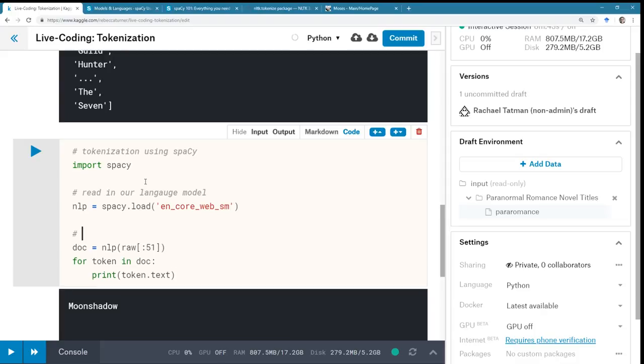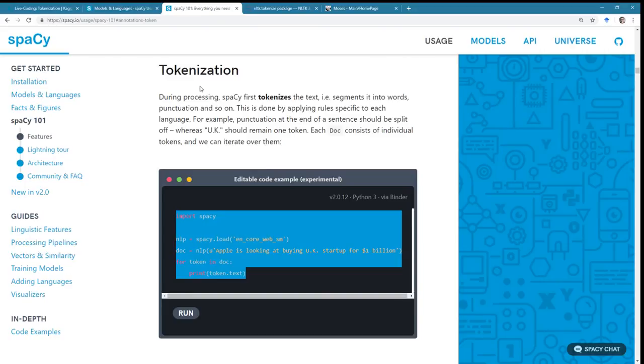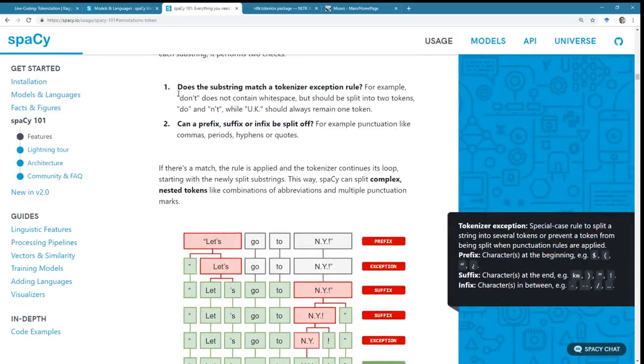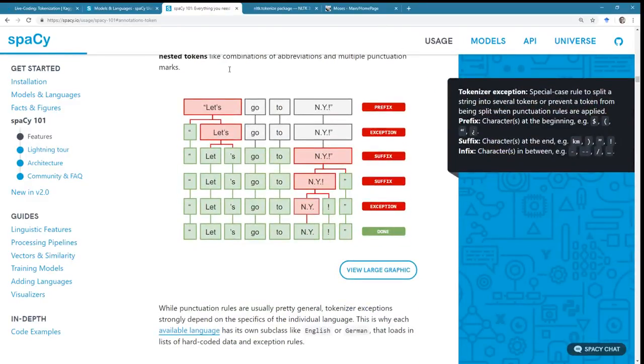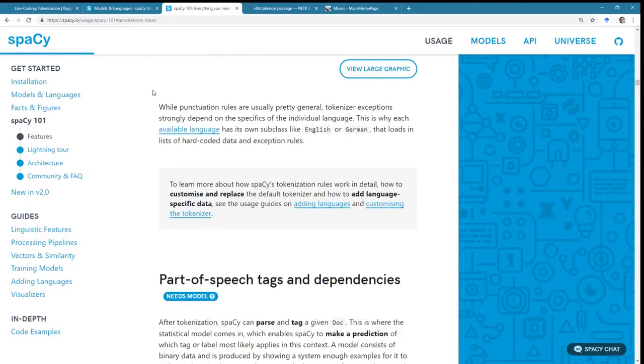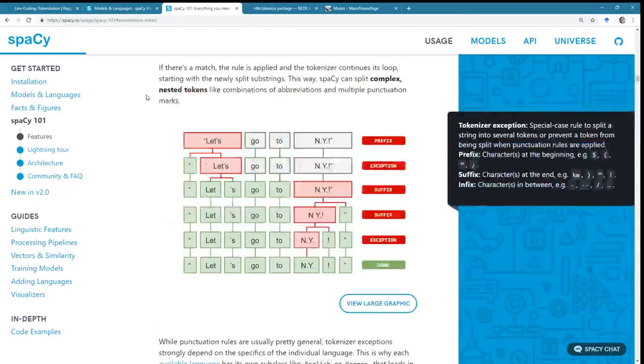I think they call this parsed thing a document in their documentation. Yeah, and then there's more information on how their specific tokenizer works.